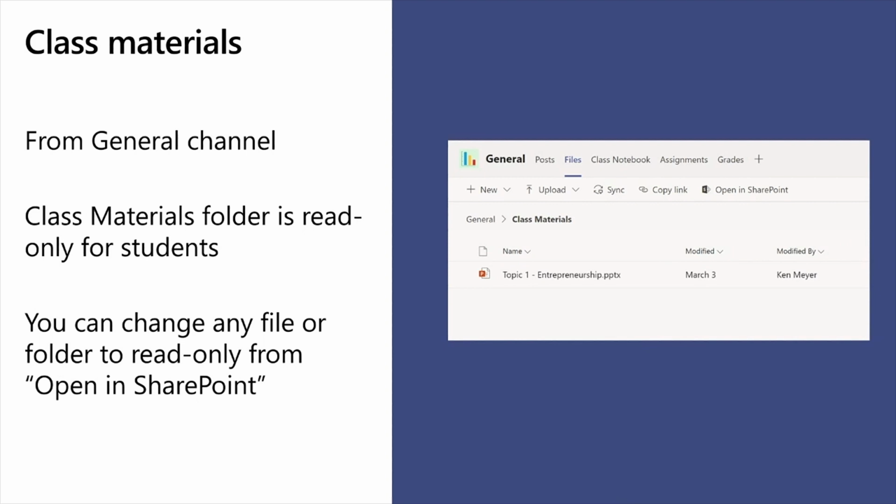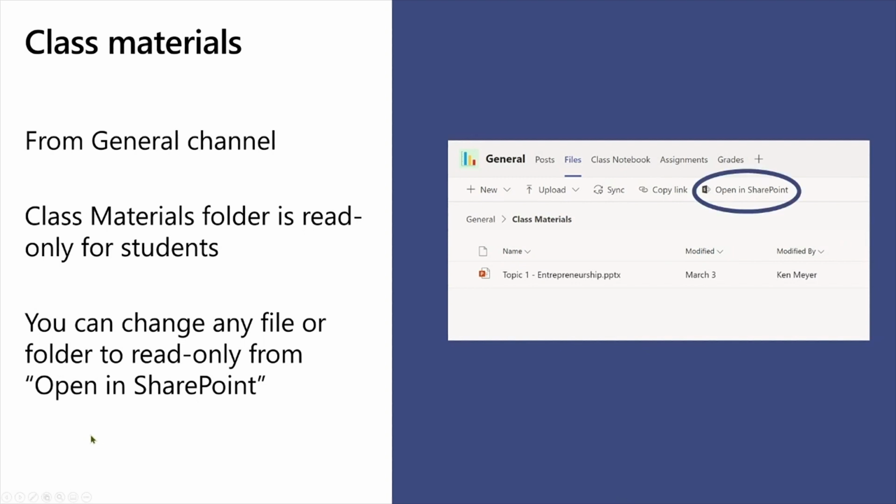So that is your set of materials that you can put in so that students can go in there, see the materials, and open the materials, but they cannot change them exactly where they're shared at that particular point. And that's important so that you know those materials are going to be the same for every person that goes in and opens it and has access to it. You can also change any file or folder to read only from opening in the SharePoint area.